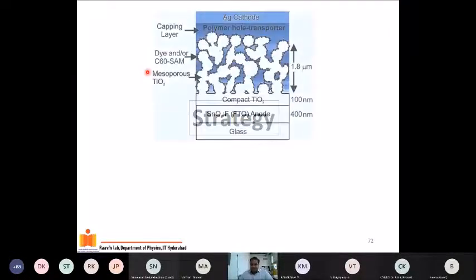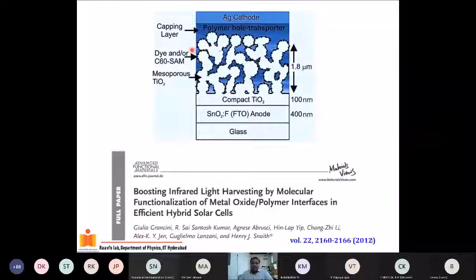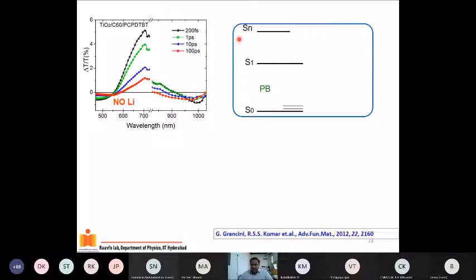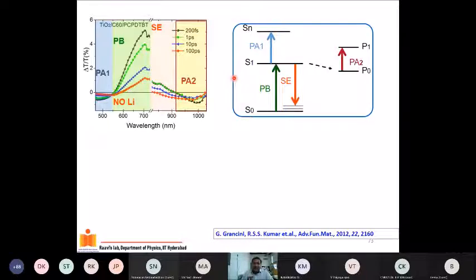Okay, so there's one strategy which we could think of. In this paper, we presented that we coated with a C60 layer. Now we know that a polymer on C60 would always give good injection, and immediately you start seeing this quenched stimulated emission, suggesting that there is faster, efficient electron injection happening, because of which there is a possibility of a solar cell developing there. In fact, you can start seeing a new band appearing for this situation, which corresponds to the band of the charges, and that is where the solar cell made with this device gave us 3% efficiency.